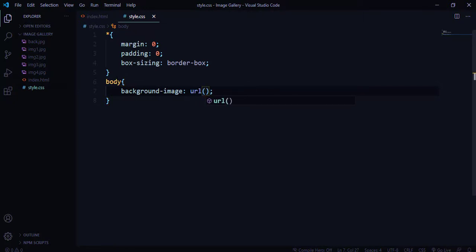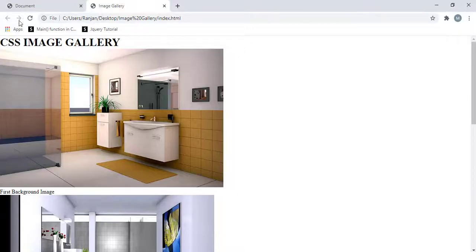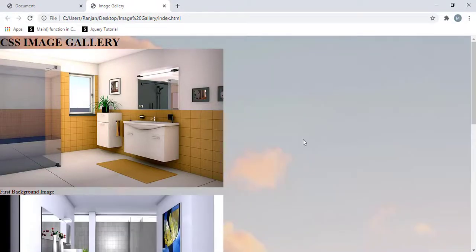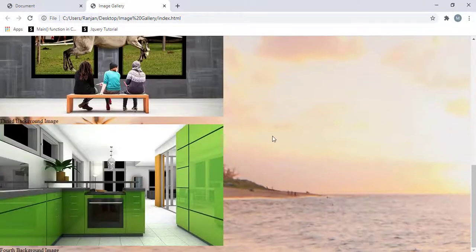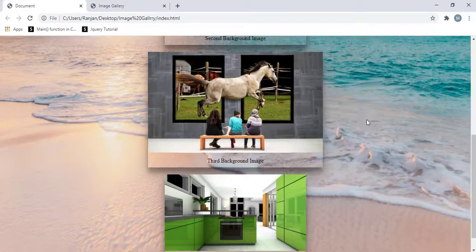Here I'm going to pass the name of the image. What is the name of the image? back.jpg. Let me save and refresh my browser. Now the background image has been applied, but not exactly the way that you can see them in the actual